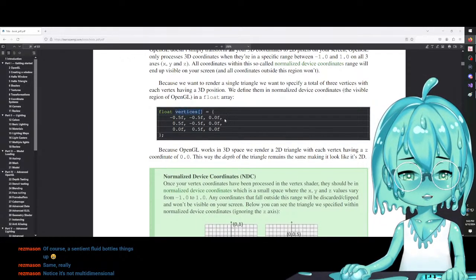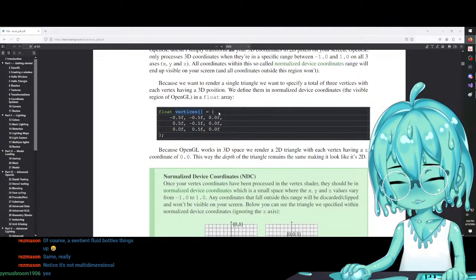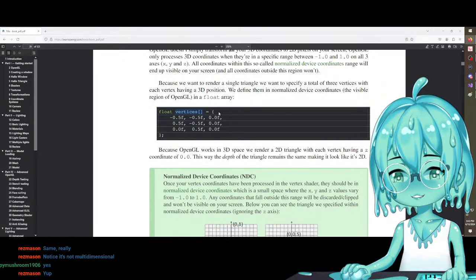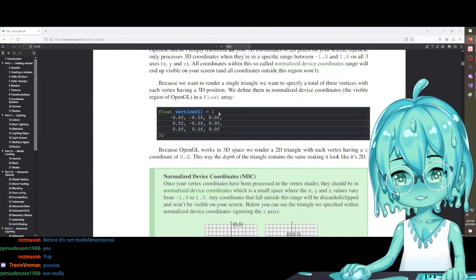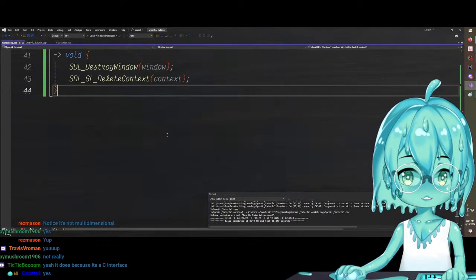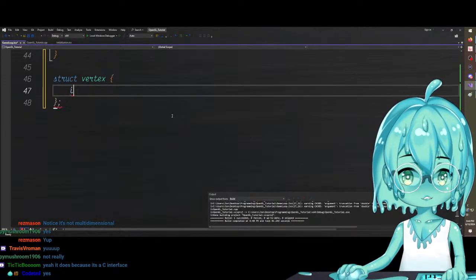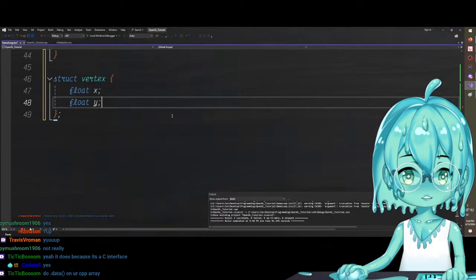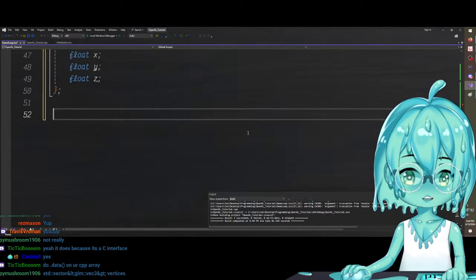Also, is this a raw array? Oh no, wait, hold on. Chat, please don't tell me that OpenGL requires raw arrays. Oh no, I can't do a standard array? That's disgusting, chat. Can I not do something like struct vertex, with float x, float y, float z, and then somewhere else have a standard